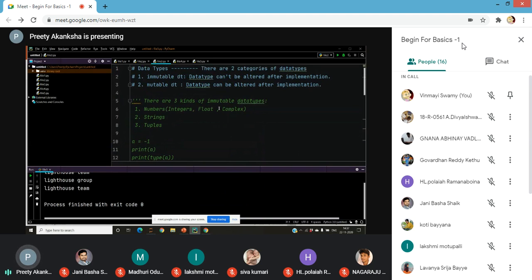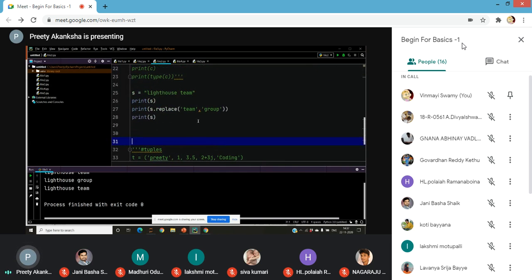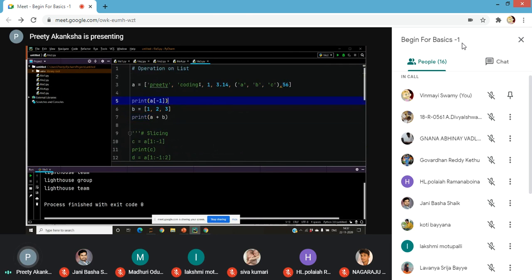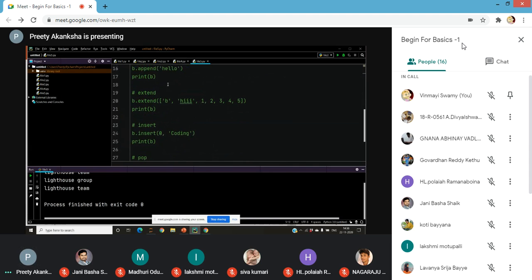Because we are talking about immutable data types, and I've already told you that an immutable data type can't be changed after implementing. So it's a simple basic example. I have replaced team, but until and unless I assign this value to X explicitly, it will not take the value after replacing. Okay, but in case of list,